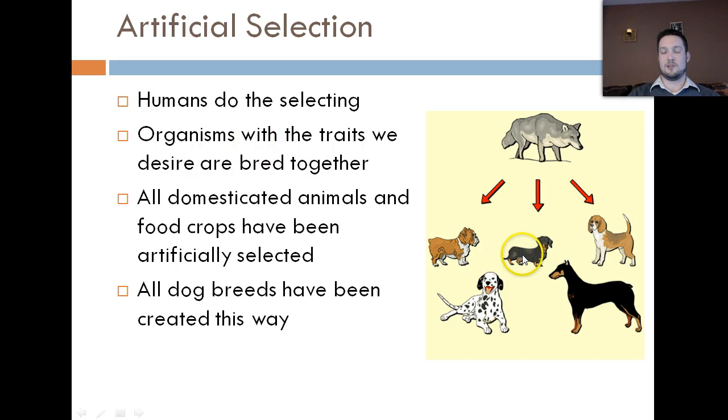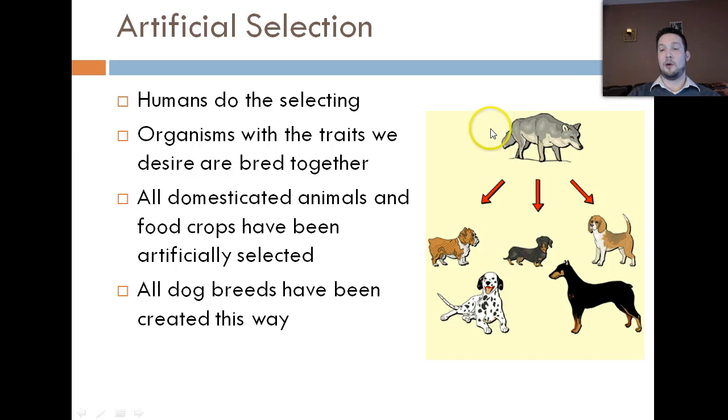Oh, I want something that has a really long spine and ridiculously short legs. And what you ended up with over time, thousands of years, was a dachshund. Or I want something that's pretty big and lean and with a real territorial personality. So that's how we get Doberman Pinschers. Okay,